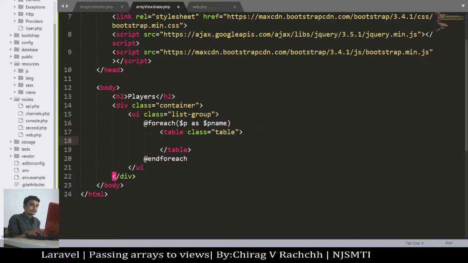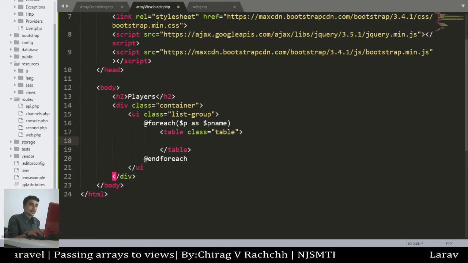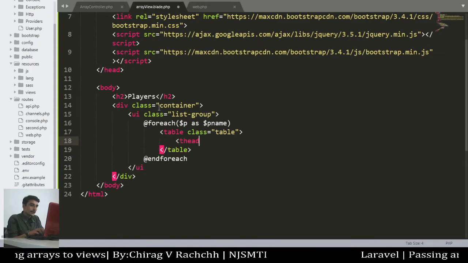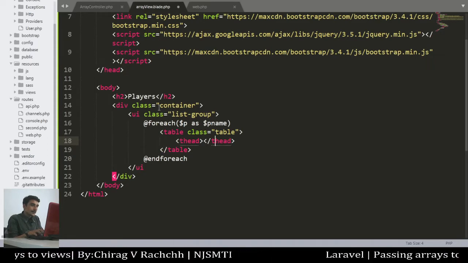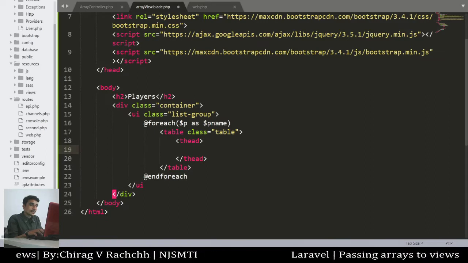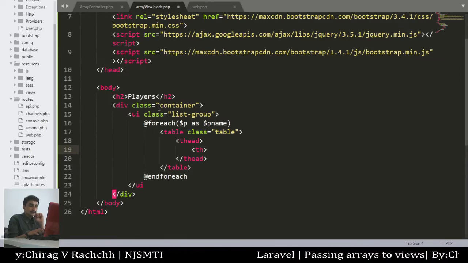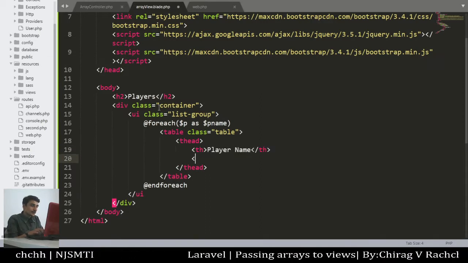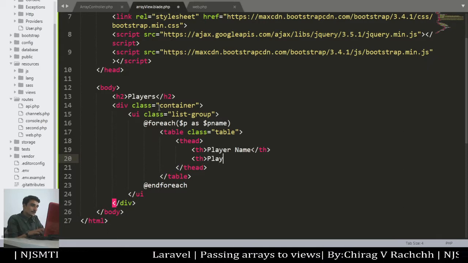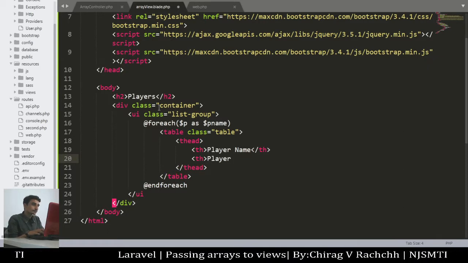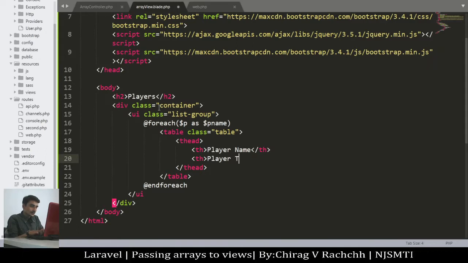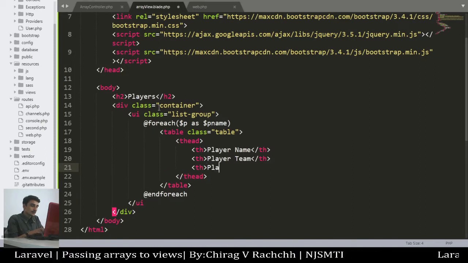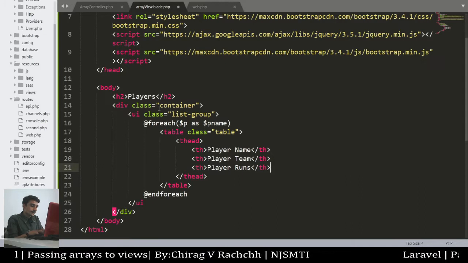Inside this table we will write first of all the table head, thead, table header, and for each header I will write th: player name th, then player team or franchise th, then player runs th.